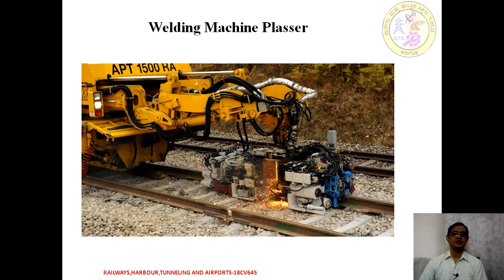That is the same machine, shown in an enlarged condition. Whatever welding is required, for example here we are seeing the joint for the welding. This machine, the APT 1500 RRRA, automatically takes account of the gap that needs to be filled. The material is heated according to the requirement and placed. After that, the extra material left after welding is cleaned and properly leveled. All these tasks are taken care of by the welding machine. This is an image taken from the placer.